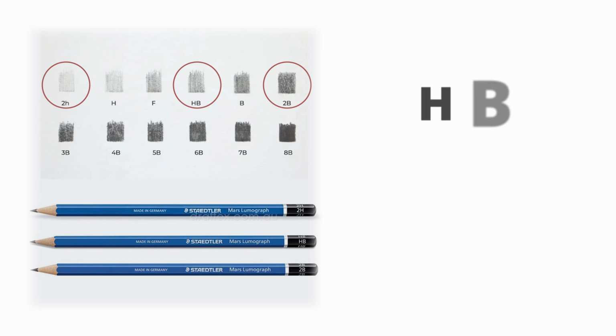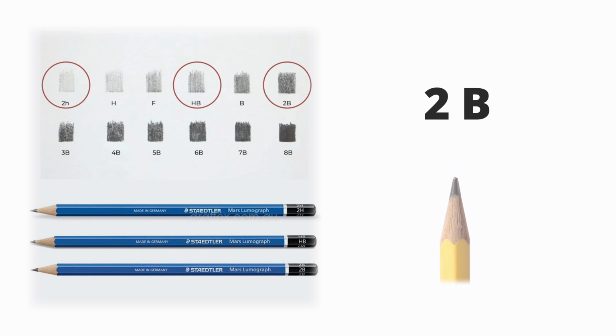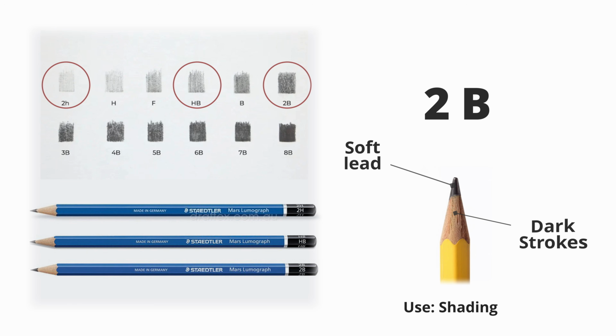The next pencil is HB. HB is something that we use to draw line drawings and also for lettering. And finally, 2B. 2B means that the lead is on the softer side among all of these 3. So this pencil is used for shading. Make sure that you don't use this for lettering, because if you do, you might smudge your answers. So if you follow these tips, you'll do great in your next aptitude test.